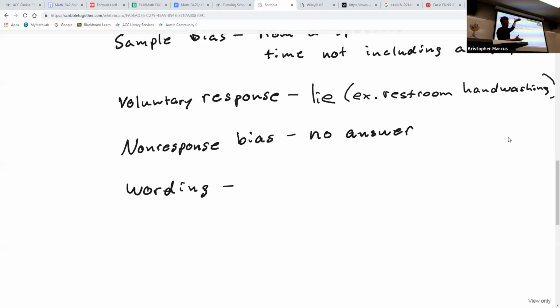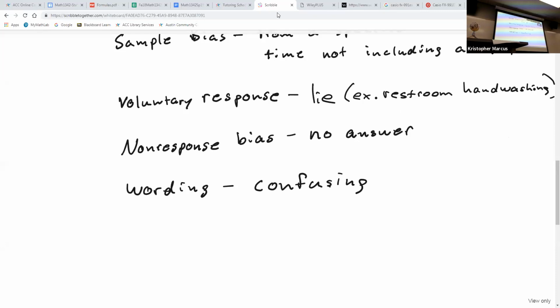It's like this long, and they use double talk. And at the very end, you have to choose yes or no. So the problem with wording is oftentimes this can be confusing. It can be very confusing. And this comes up in several different areas where you'll see this.